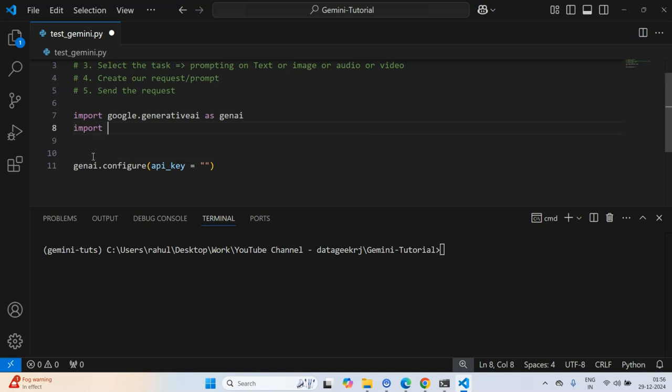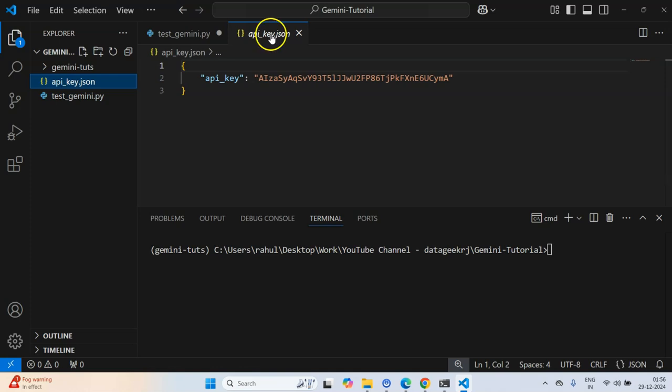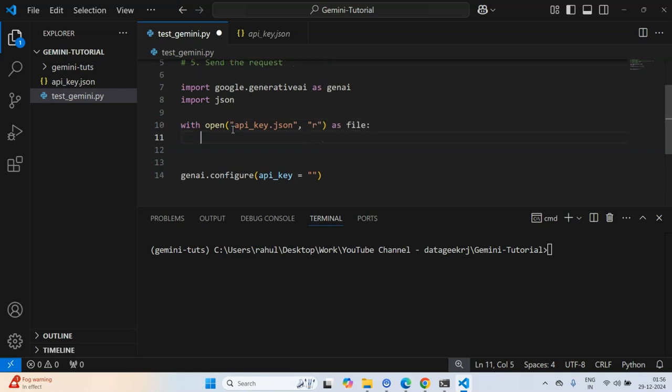I'll import JSON, because my API key is stored in the API key underscore JSON file. After importing JSON, I'll read this file in read mode as file, and get the API key by calling json.load. I have to call json.load because I'm loading it from a file.